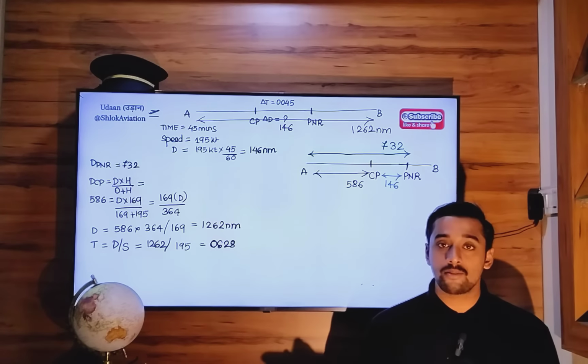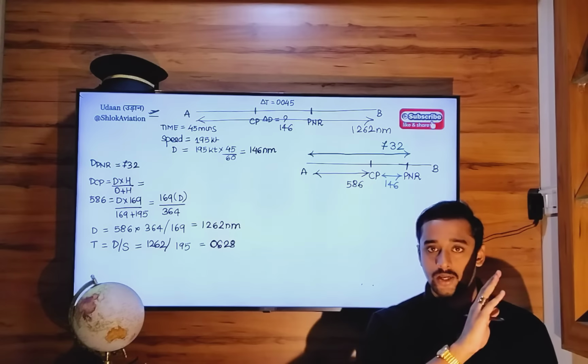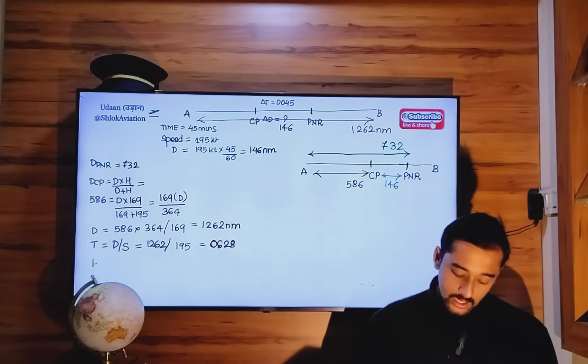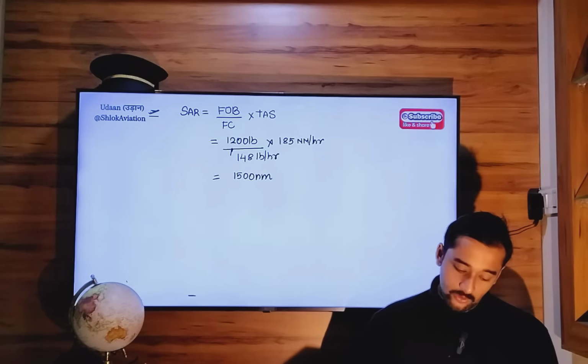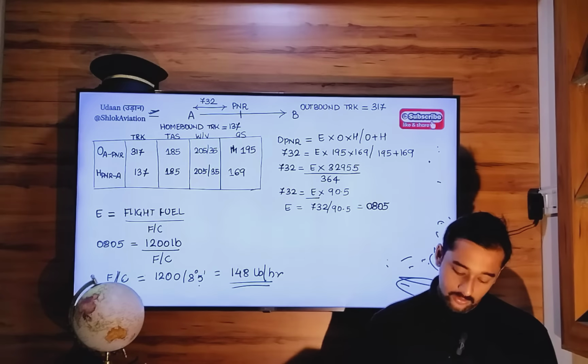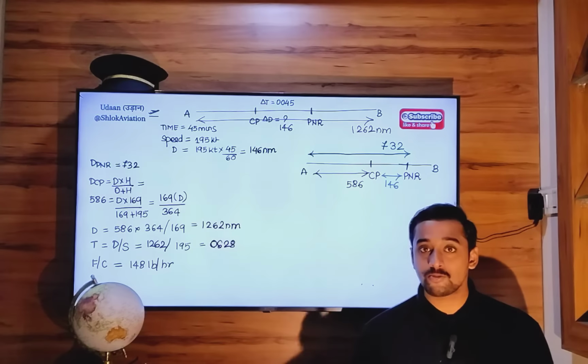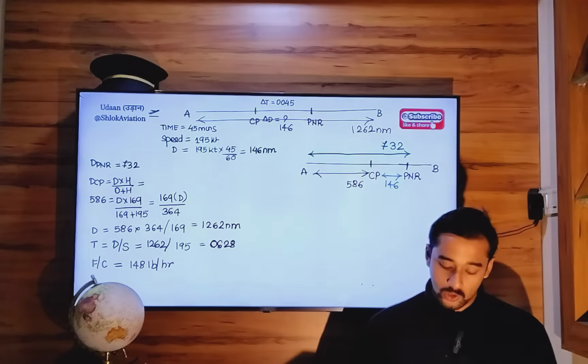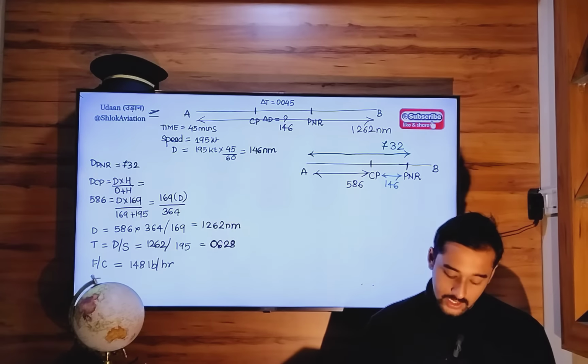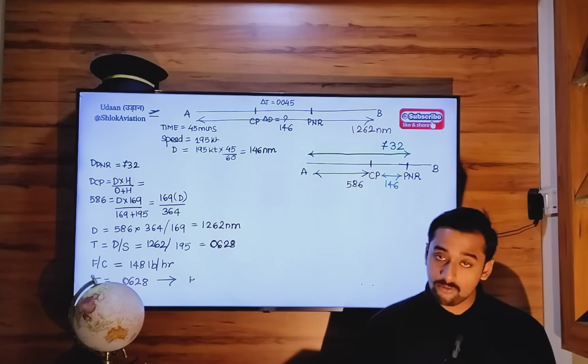That is the total time required to go from departure to destination. Now the fuel consumption rate is 148 pounds per hour. If your engine consumes 148 pounds per hour, then for a total duration of 6 hours 28 minutes, it will consume fuel equivalent to